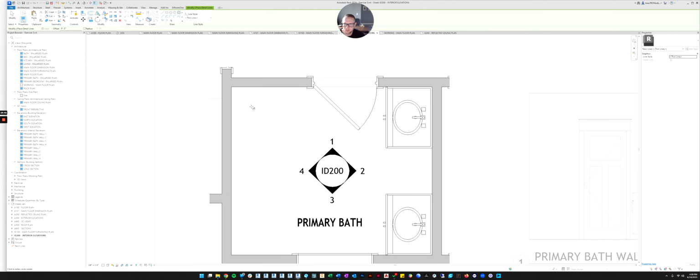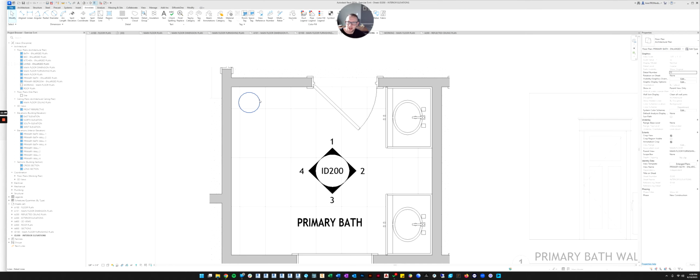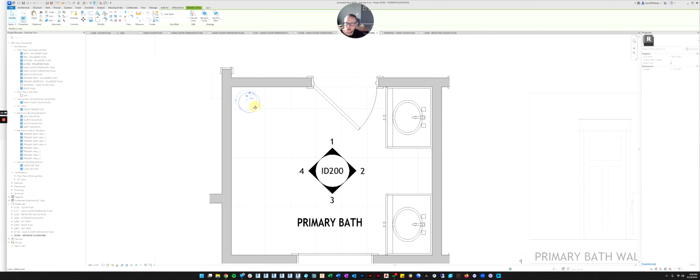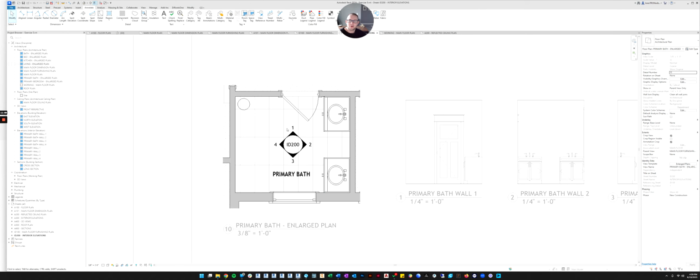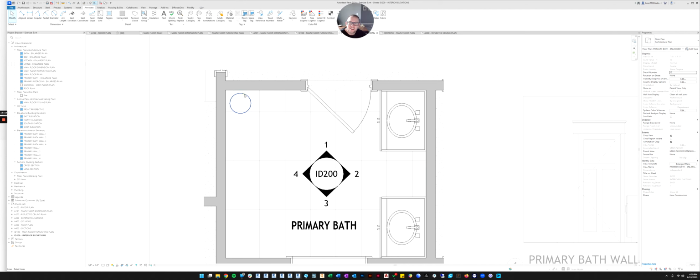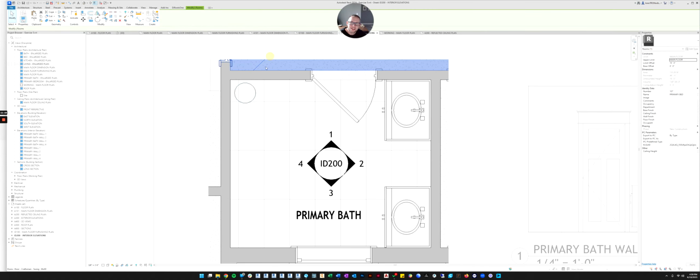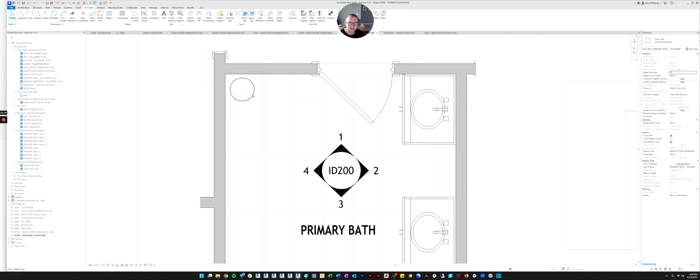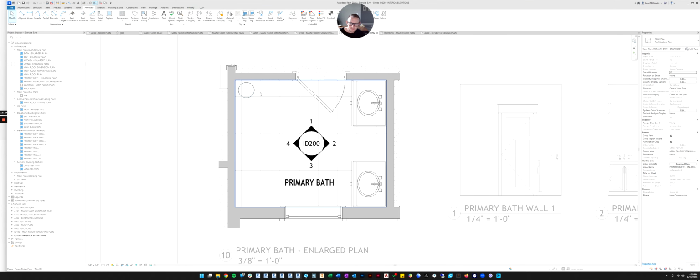And let's say we're just going to put it in the corner of the room. So I'm going to click the center of the circle. And let's say it's going to be a 10-inch trash can. So we'll do a radius of 5 inches and hit enter. And now here's our trash can. What you need to keep in mind is because it's an annotation and you just drew lines, this isn't a 3D object. It's only in this view that you'll ever see this trash can. So you've got to keep that in mind.